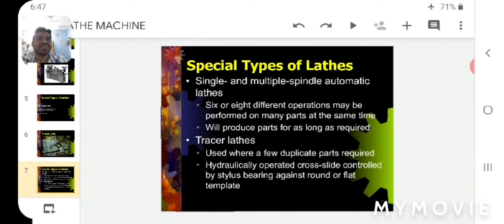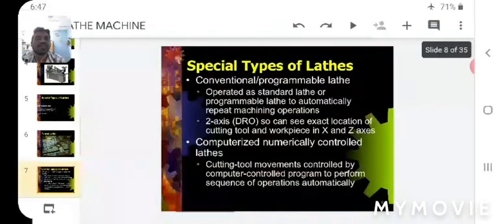The special types of lathes: single and multiple spindle automatic lathes, where 6 or 8 different operations may be performed on many parts at the same time. Tracer lathes are used where few duplicate parts are required, with hydraulically operated cross-slide control by a stylus bearing against a round or flat template.